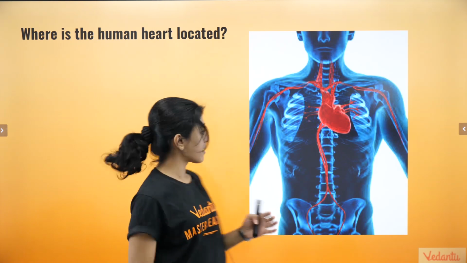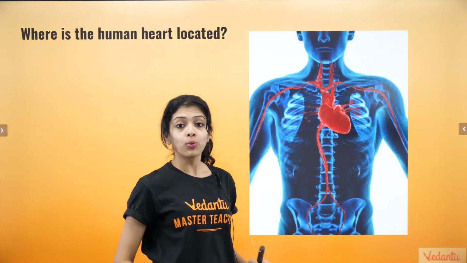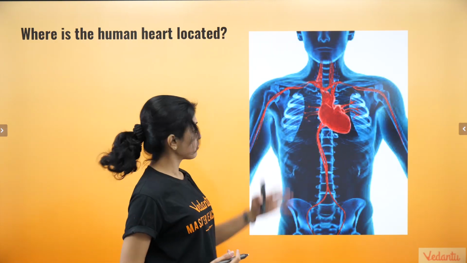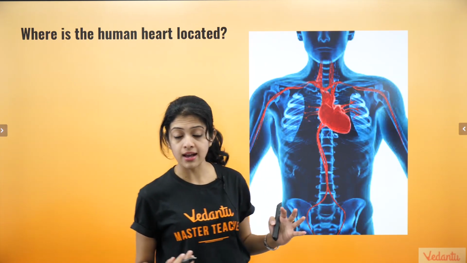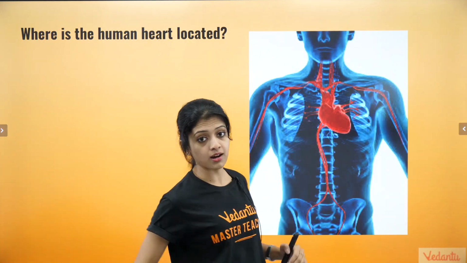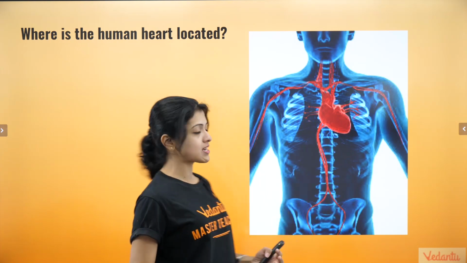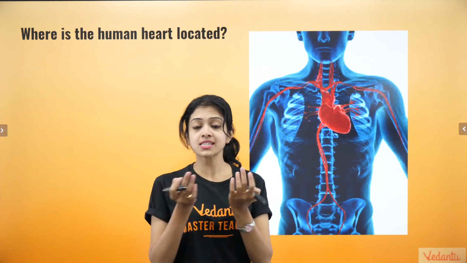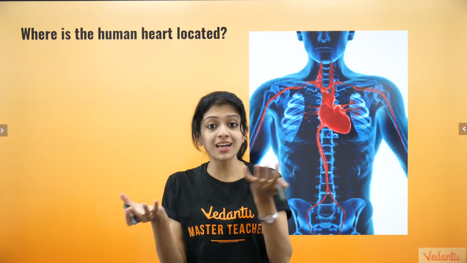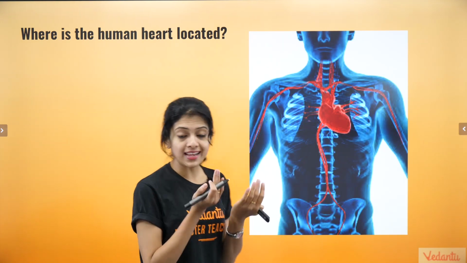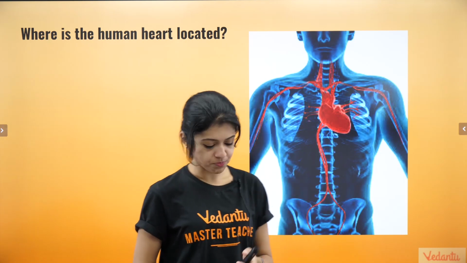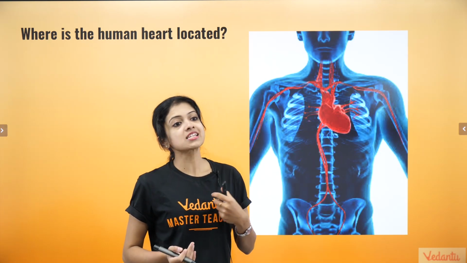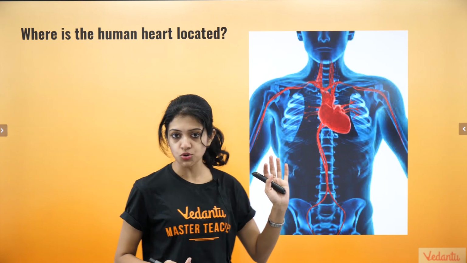So in the thoracic cavity, you have the rib cage within which the lungs are protected. Of course, in this picture, I haven't shown the lungs because that would have masked the heart if I had put it here. So the heart is in fact found between the lobes of the lungs, the left and right lobes of the lungs, and hence protected by the rib cage. Right? It's slightly tilted towards the left of the body, as you can see.